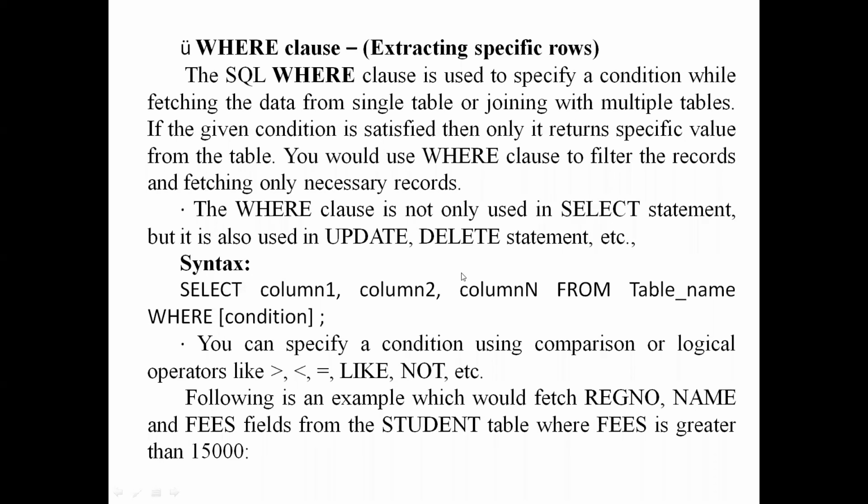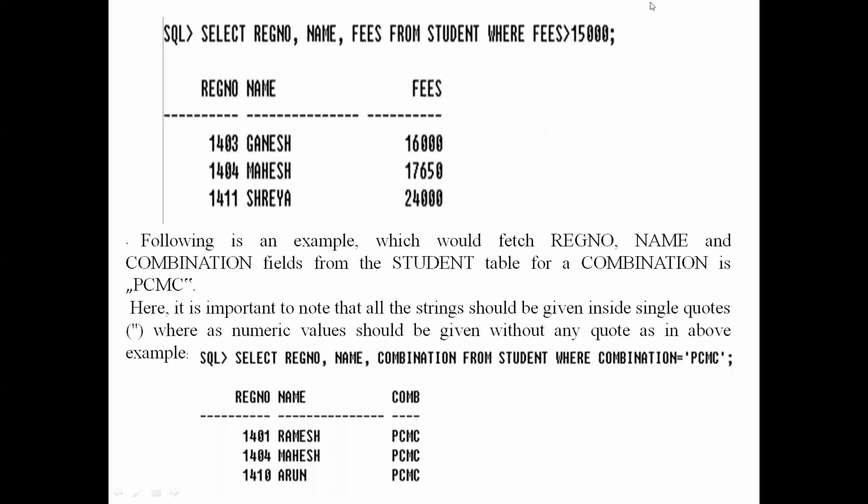That is the example. How to write this? That can be shown here. See here. This is the example. In this example, we are showing select register number, name, fees from student where fees greater than 15,000 semicolon. It means we are putting the where clause here. We want to display the register number, name and fees fields from the student table where the student fee should